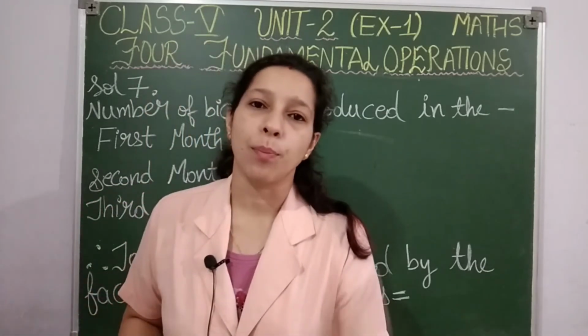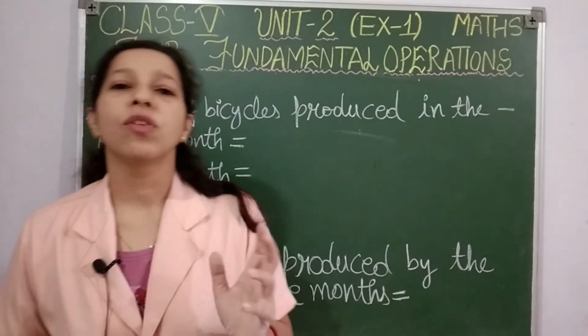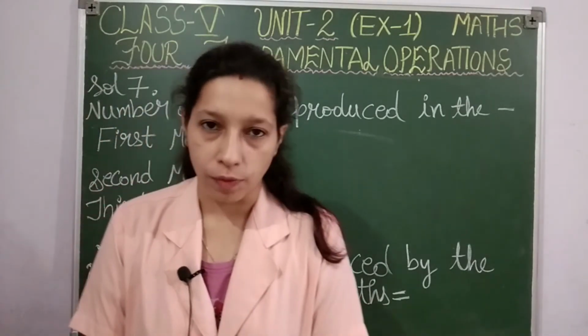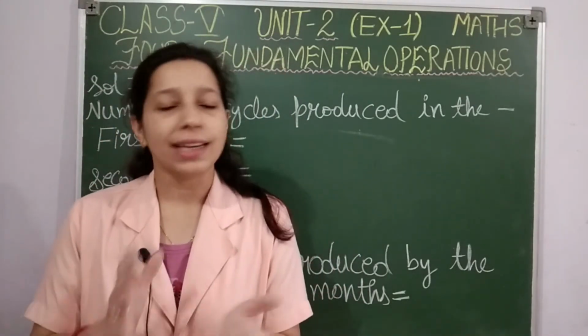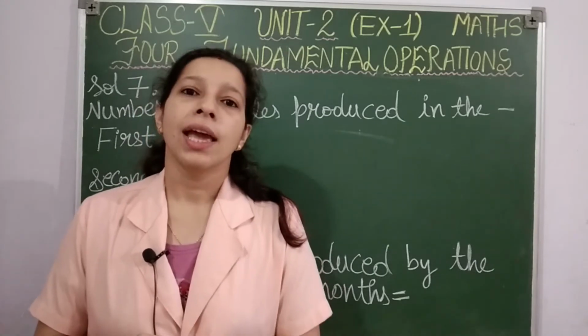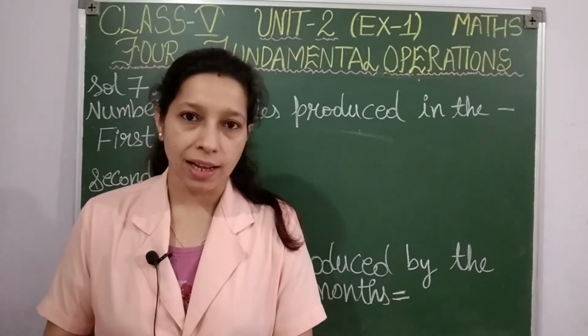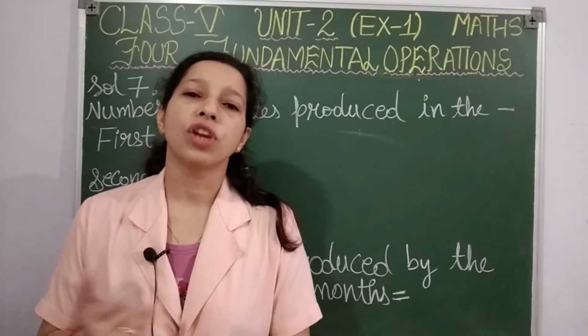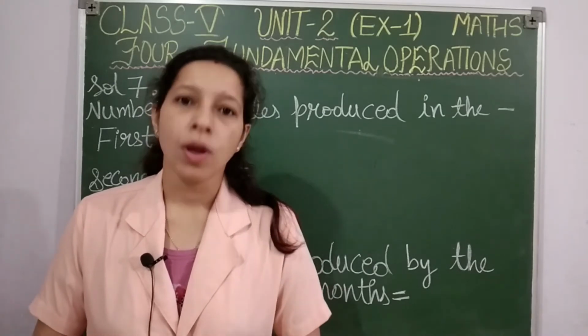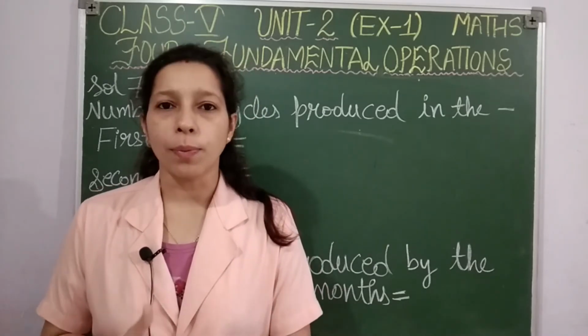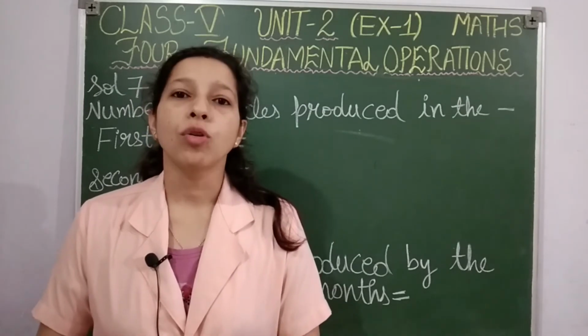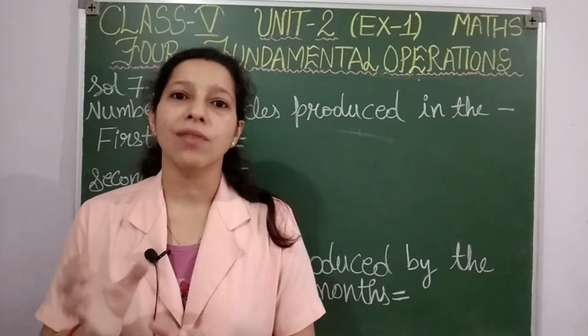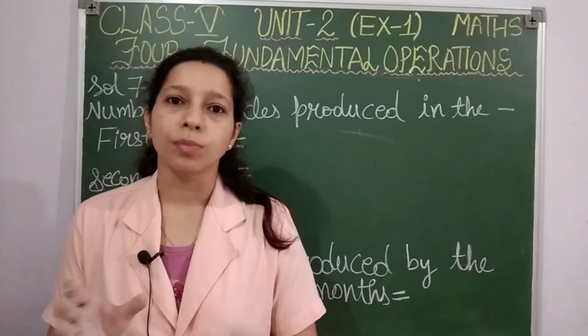Always read the step problems 2 times, students, then it will be clear to you how to solve. Okay, so here what is given? Let us understand this question in simple words. Here a factory is producing bicycles and the production for 3 months is given to you. You are asked to find the total production for 3 months. How to find the total production, students? Whenever we have to get the total of something, we have to add.